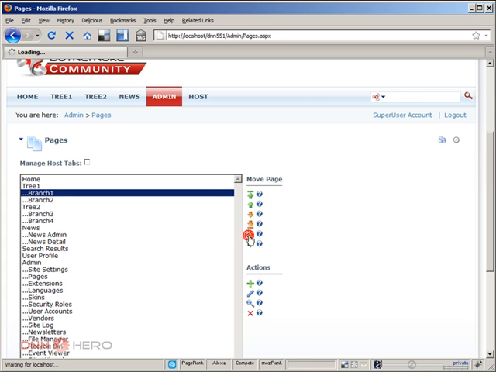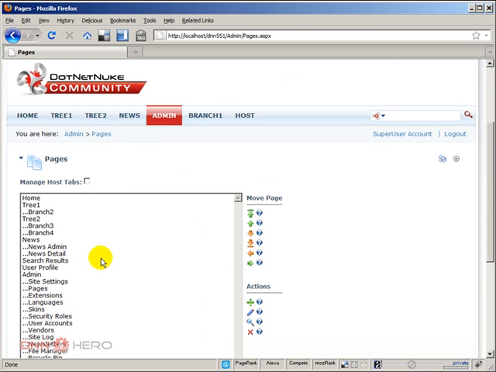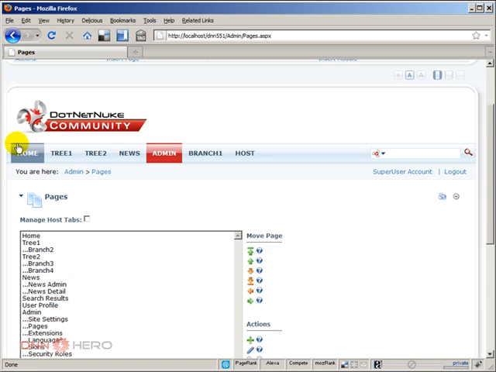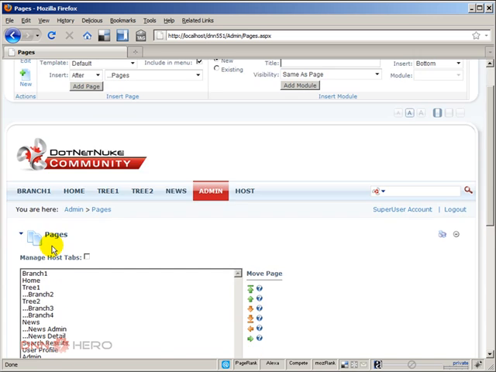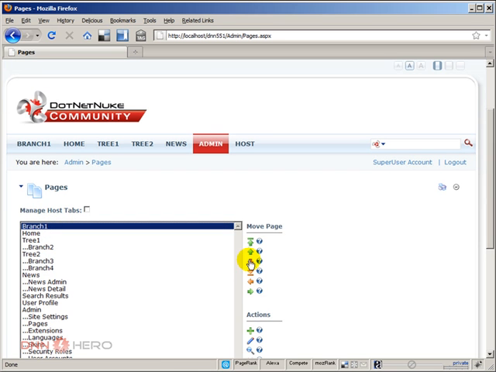So let's click on it and give it a try. Now, as you can see, branch 1 went one level up, but it went all the way to the very bottom. That's fine. But now we can see it in the same level as the top menu. Now I can put it back by going all the way up and then going below once,